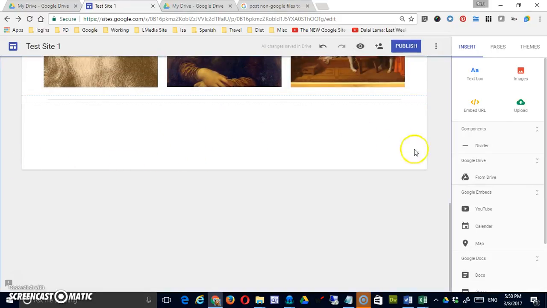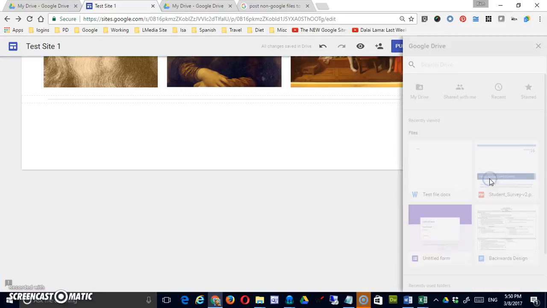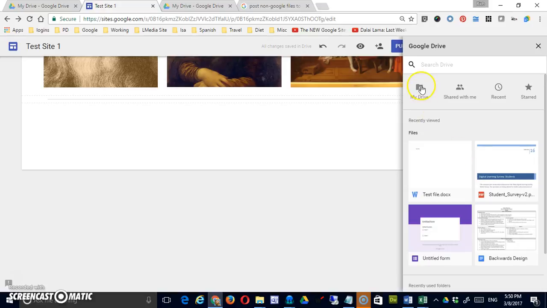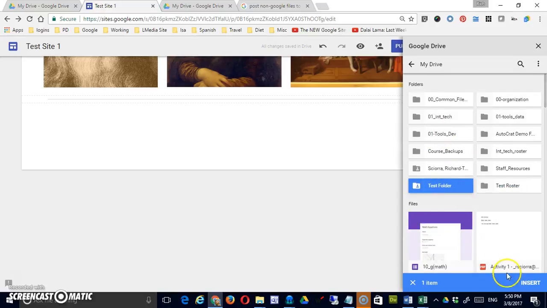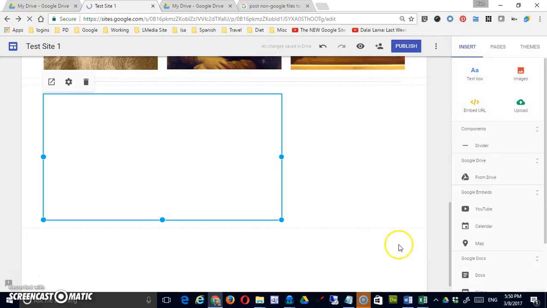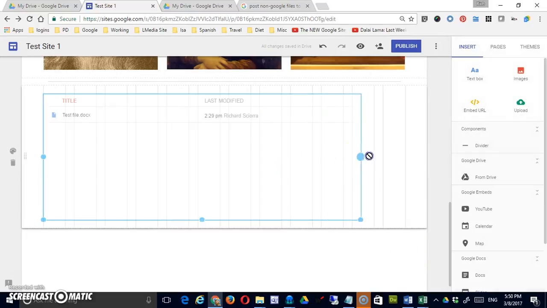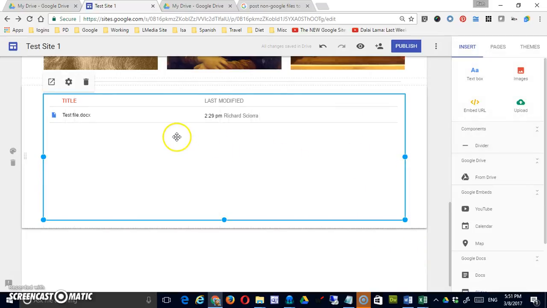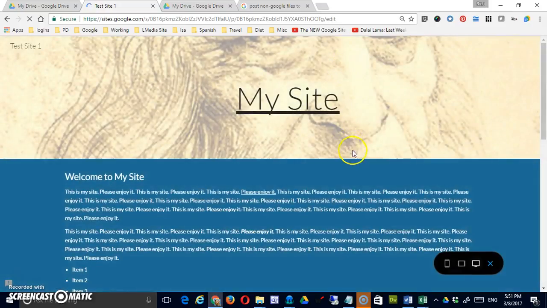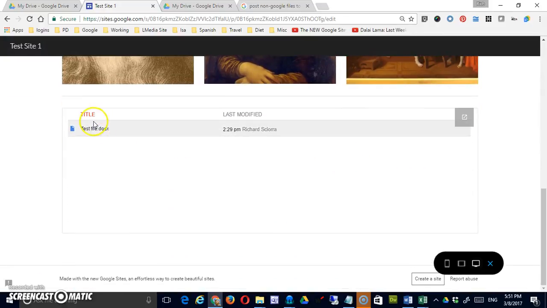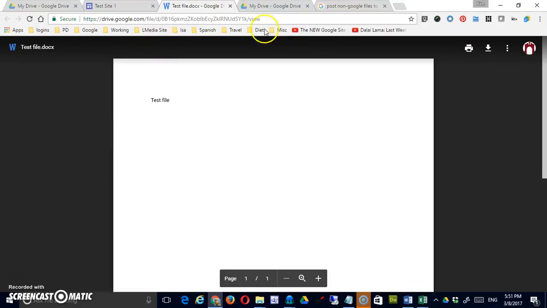Another strategy would just be to insert the whole folder. And this can be a great organizational tool if you're planning on adding additional files, perhaps at times removing or updating things. So I'm going to take that entire test folder and stick it in there. And you can see there's one file listed in there at present. And the user will have the opportunity to click on that, and it will open up in the environment where